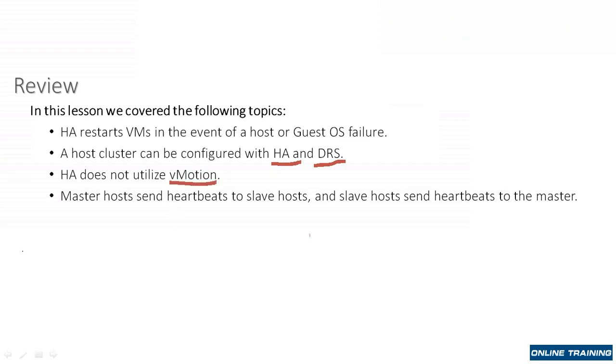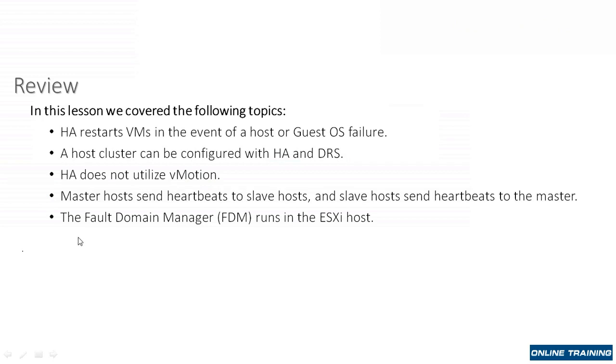HA does not use vMotion though. And we took a brief look at the architecture: the master sends heartbeats to the slaves, the slaves send heartbeats to the master, and that's how we determine if a host has failed. The component that runs in the host and handles all of this heartbeating and communication between hosts is called the fault